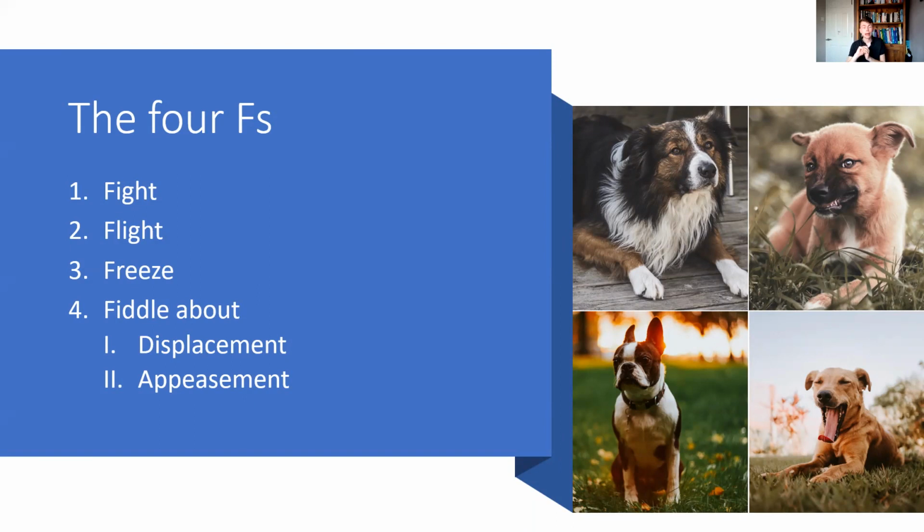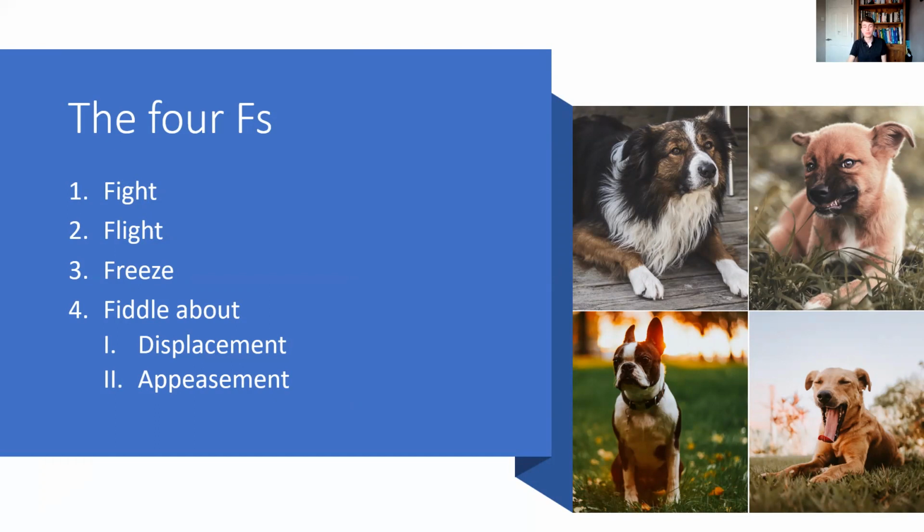And the fourth one is fiddle about, and that involves two categories of behaviours. So that involves displacement behaviours, and displacement behaviours are normal behaviours that appear in an inappropriate context. So that might be yawning, licking their lips, scratching, somebody just chewing on themselves, somebody circling around in a circle for some reason, just normal stuff that your dog might normally do, but in a weird context, in the context of maybe something standing there staring at them, making them feel uncomfortable.